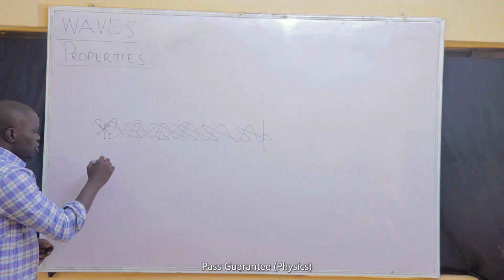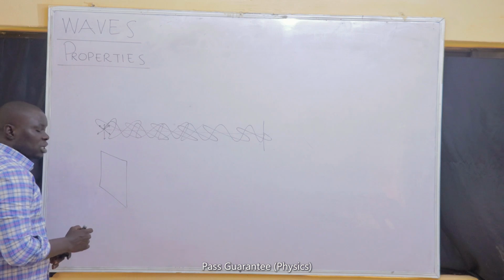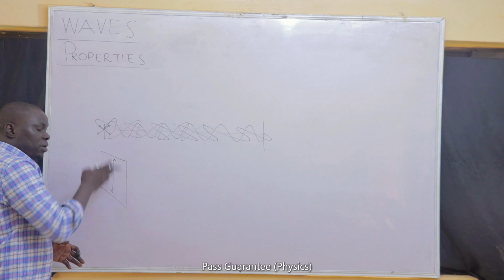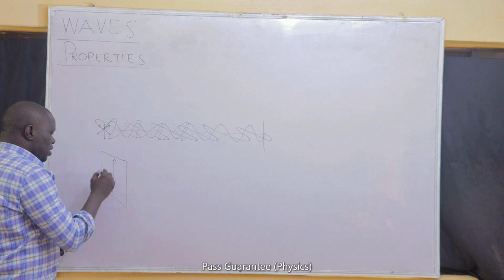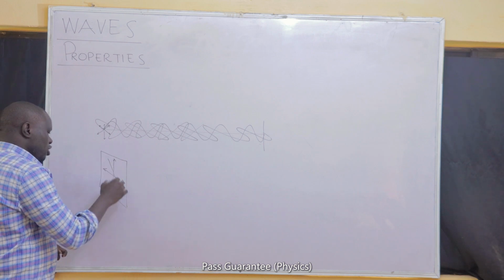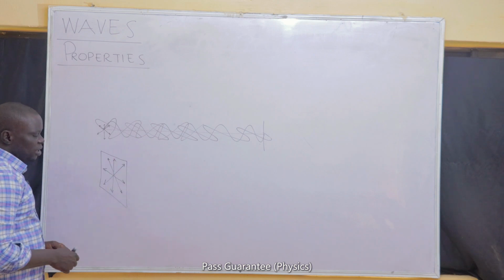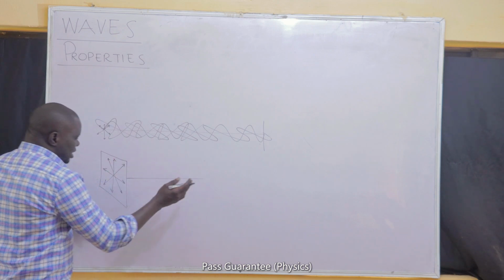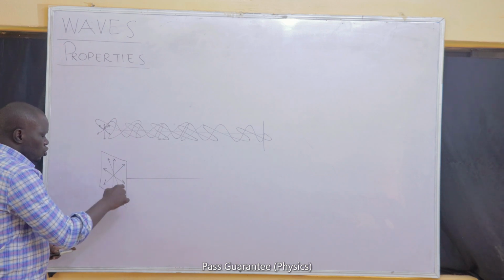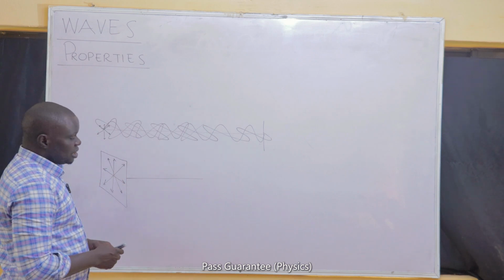If you need to represent an unpolarized wave, you don't need to draw something as rough as what I have on the board. All you need to do is draw a plane and show the various directions in which you are trying to cause the vibration. If you do this, it means you are producing a wave in the vertical plane. If you do this, you are producing one in the horizontal plane. If you do this, you are producing one in the inclined plane. If you do this, you are producing another one in another inclined plane. Once you draw a straight line, I understand the type of wave that you are going to get. It means generally you are going to have a wave that is in 1, 2, 3, 4 planes. Now, that is an unpolarized wave.